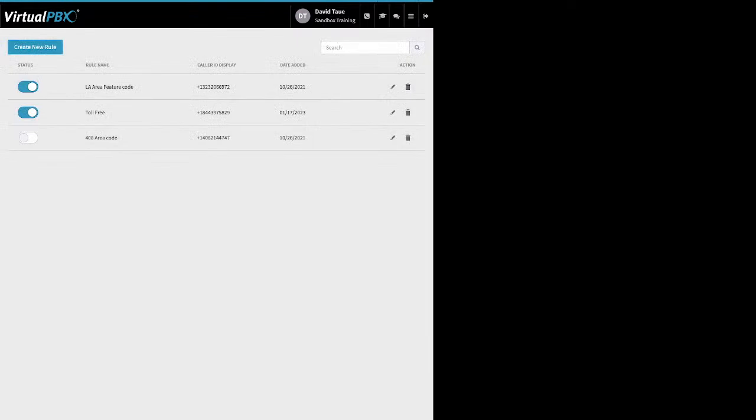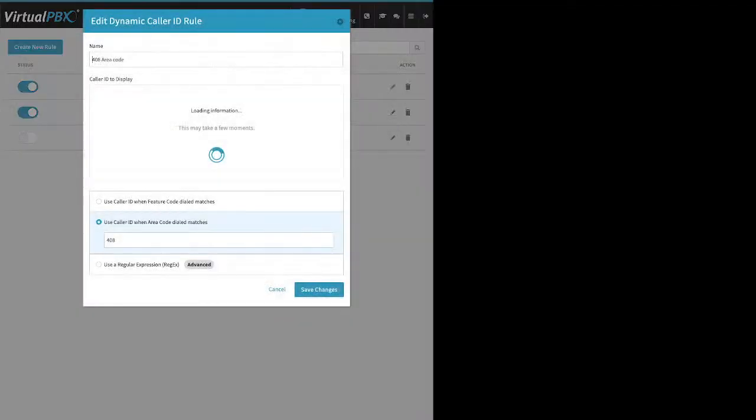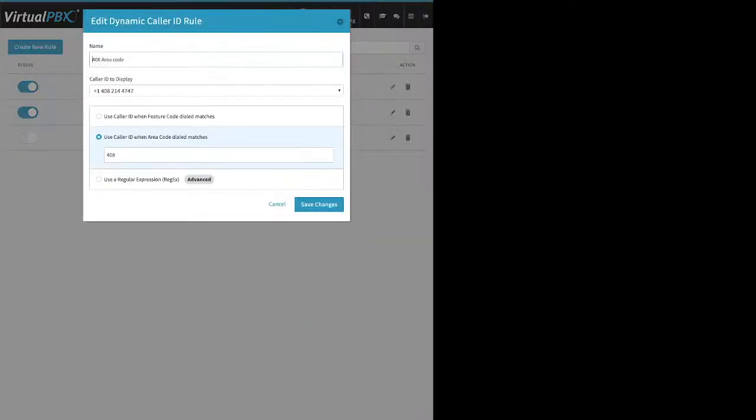Dynamic caller ID. This is a plan-specific feature. This allows you to create rules to change the outbound caller ID of your VoIP phones. Click on the little wrench icon here, or you click on New Rule. You give it a name. You choose a phone number on your account, and then you choose the parameters. In this case, I say use this caller ID whenever my staff members dial a 408 area code phone number. Right, so it'll automatically change their outbound caller ID for them whenever they dial a phone number in the 408